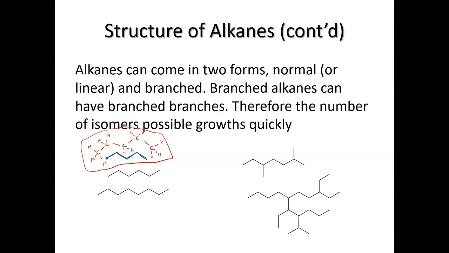You can see 1, 2, 3, 4, 5 carbons. We have 1, 2, 3, 4, 5 carbons. Those are the same thing. So you'll see this shorthand that's called a skeletal structure, and you'll have to be able to distinguish between a skeletal structure and these written out Lewis structures. They mean the same thing. So we can draw these as straight chains. We can also have branched chains, and we have carbons at each of the corners and carbons at the ends